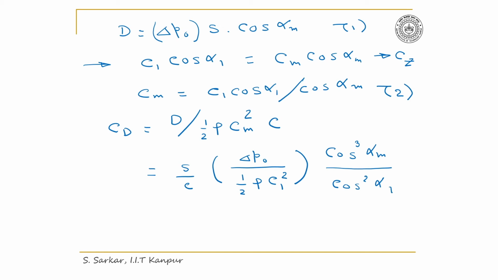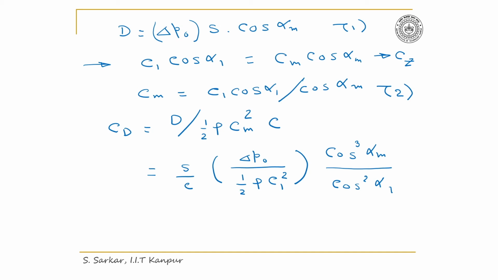Now I have expressed CD in terms of del P0 and C1, and thus the quantities like cos alpha m and cos alpha 1 would come. Now if you see the expression of CD, all quantities are known to you. Thus you can evaluate CD. I have evaluated CD. The value of CD would be